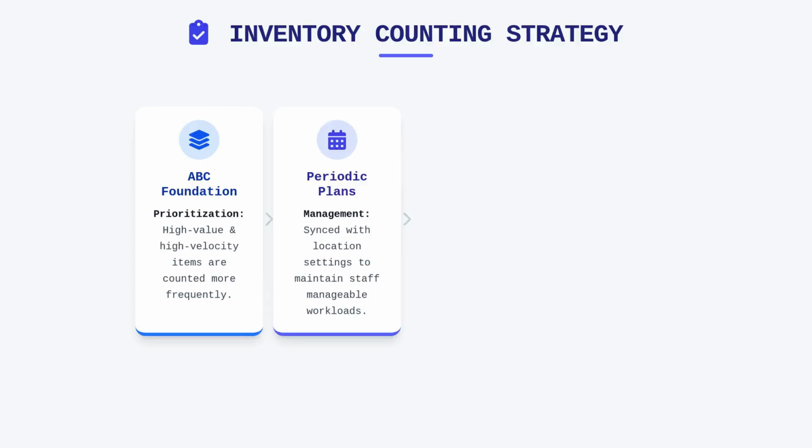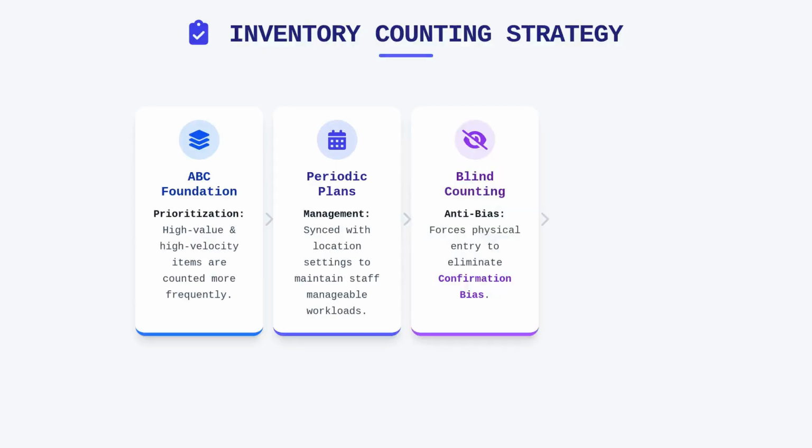for the staff. When a worker is assigned a counting task, the implementation of blind counting becomes a crucial security and accuracy feature. By forcing the worker to enter the physical quantity they encounter, rather than presenting them with the system-predicted value, we effectively minimize confirmation bias. This configuration ensures that the worker is actively verifying the contents of a bin, rather than unconsciously agreeing with a